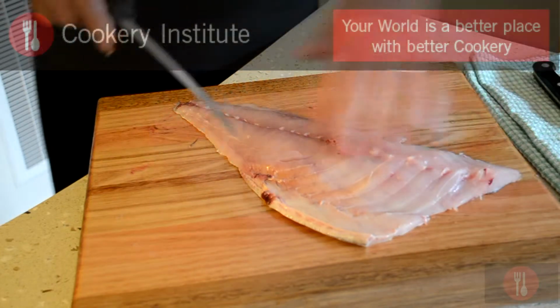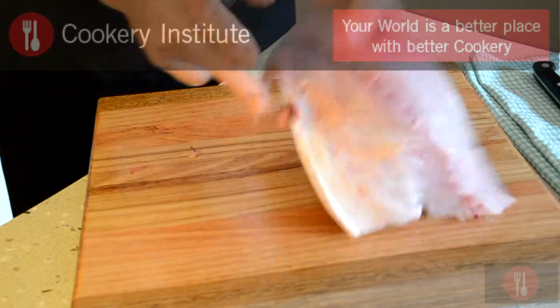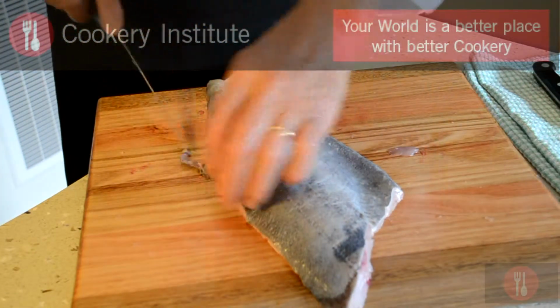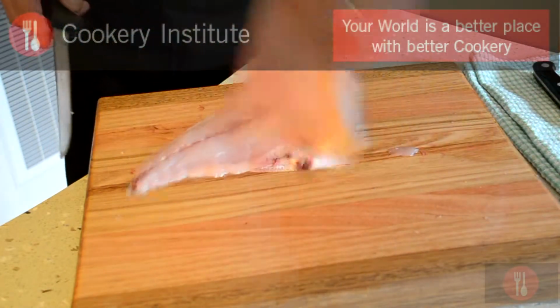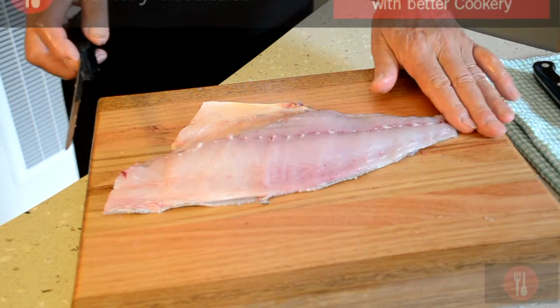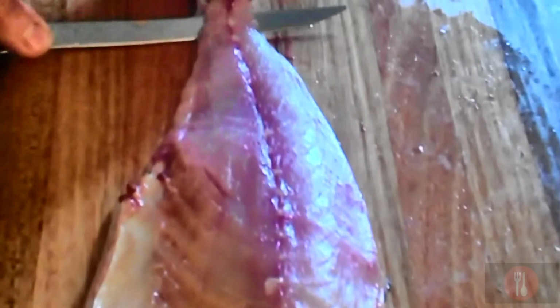Now, sometimes you want to remove the skin. If you don't want the skin on your fillet of fish, we can remove that, and the best way to do that is to lay that skin side down with the tail up to the left hand end, and we will simply cut through the meat until we reach the skin, and then hold the knife at a 45-degree angle against the skin and pull the skin,